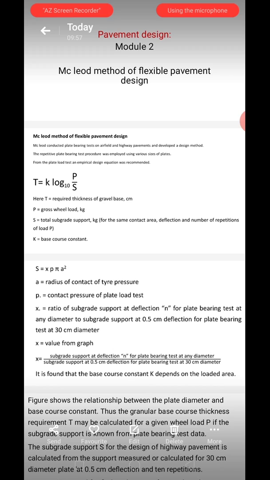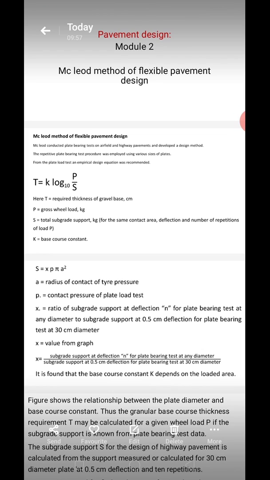McLeod conducted plate bearing tests on airfield and highway pavements and developed a design method where he has taken various sizes of plates. With the test results he has developed an empirical design equation that is T is equal to K log P by S, where T is total thickness of gravel base in centimeters, K is base course constant, capital P in the numerator is gross wheel load in kg, S is total subgrade support in kg for the same contact